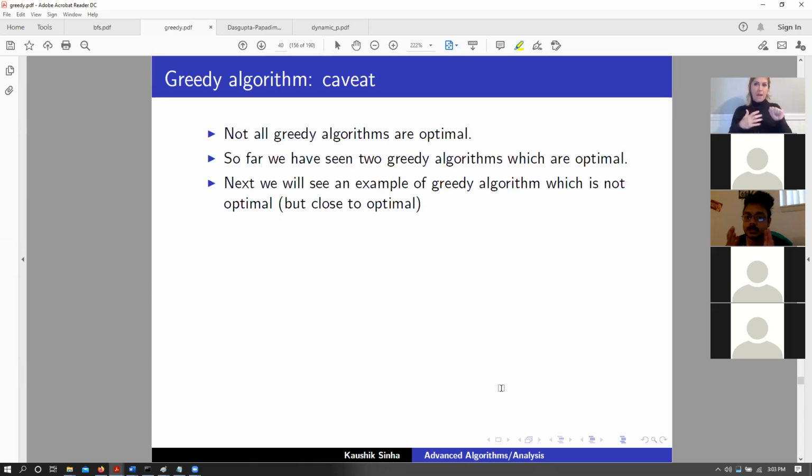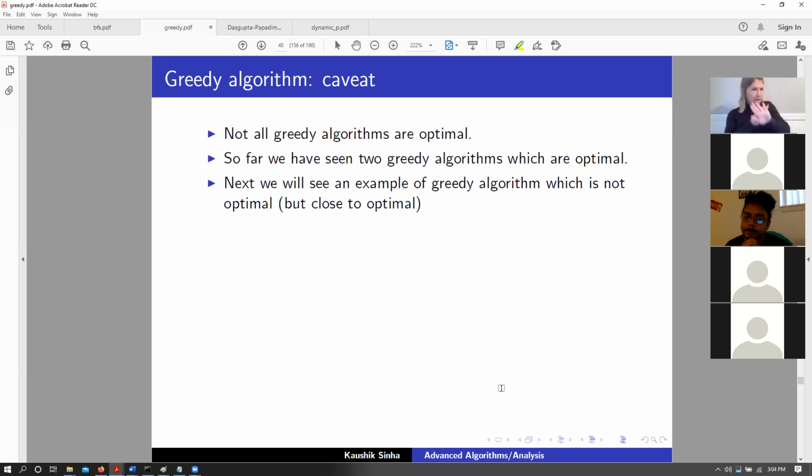So Kruskal, Prim's, Dijkstra's, this Huffman encoding. You can imagine that again, Huffman encoding is a greedy algorithm because every time we are picking the element with the lowest frequency. So all of those algorithms till now that we have looked at were optimal, right? So they would give you the optimal solution even if you followed a greedy approach to solving them.